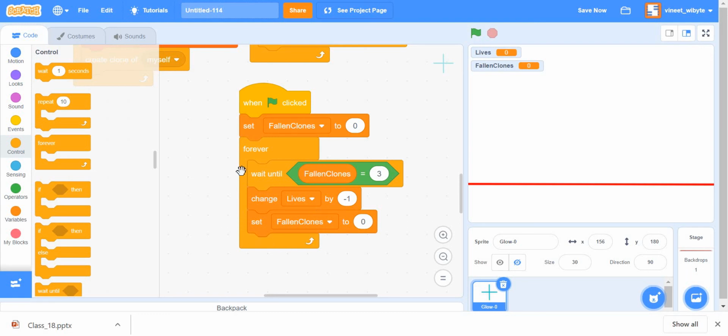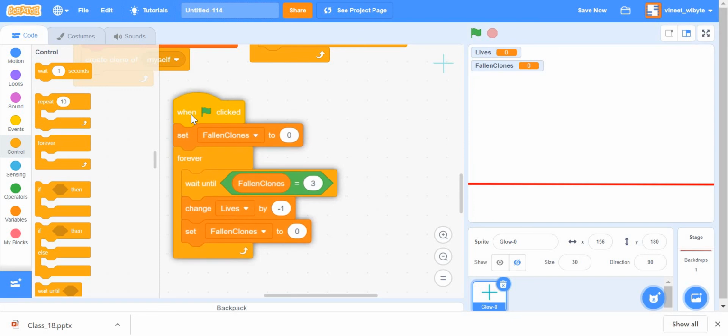Which means that I must check again for this condition to happen. So basically, first question, second question, third question, and as many other questions as I want, right? So if I have 20 lives, then I'll be checking for 20 questions, which means I must do this forever and ever again, right? So for this particular thing, I do need a forever.